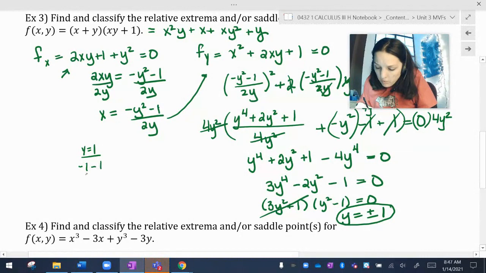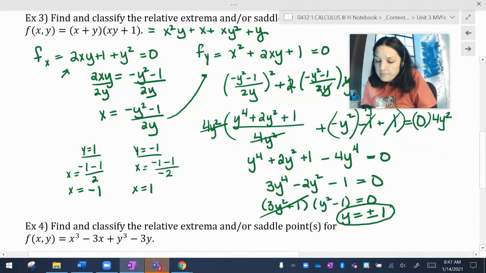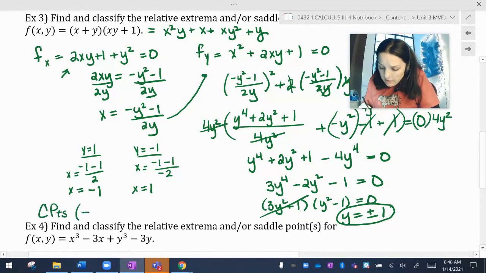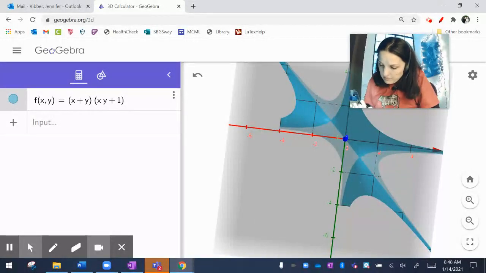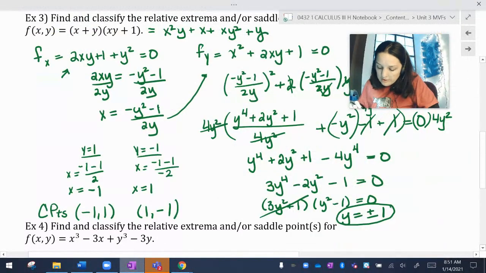negative 1 minus 1 over 2. So x will equal negative 1. And if y equals negative 1, x is going to equal negative 1 minus 1 over negative 2. And x will equal 1. So I got critical points of negative 1, 1, and 1, negative 1. All right, so I have critical points at negative 1, 1, and 1, negative 1, and now I need to